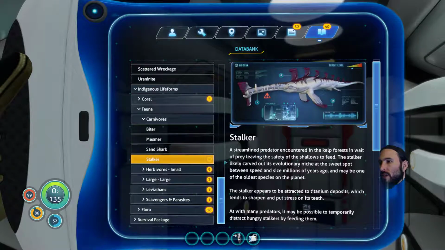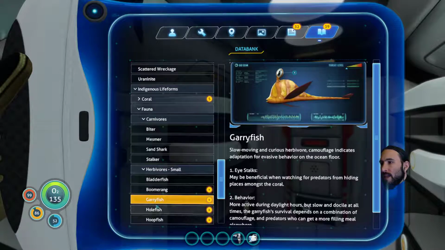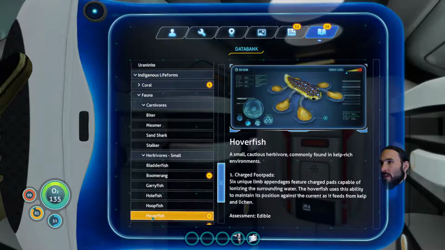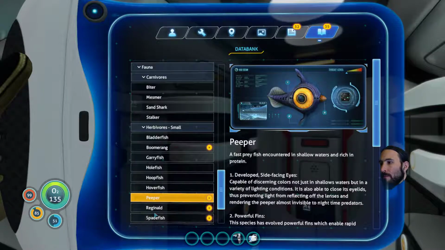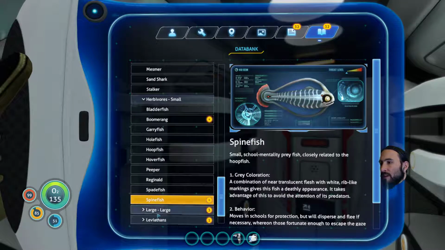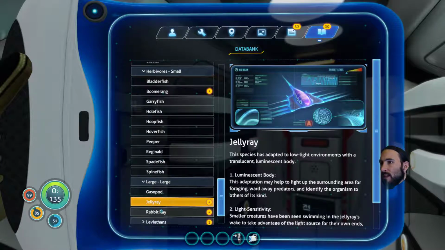And then we'll read about the stalker another time, I think. Any more interesting things we've got in here? Bladderfish, boomerang, garryfish, holefish, hoopfish, hoverfish, peeper, Reginald, spadefish, spinefish, large, okay, gasopod, yeah, I've seen them, jelly ray, these